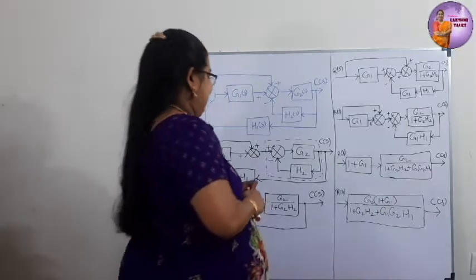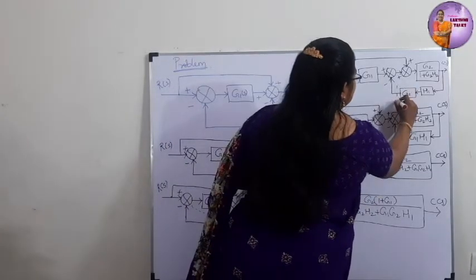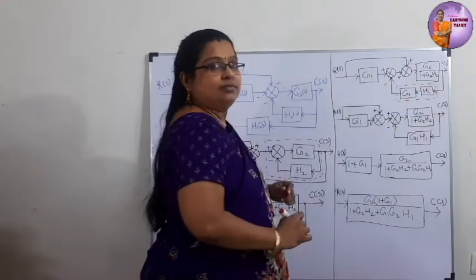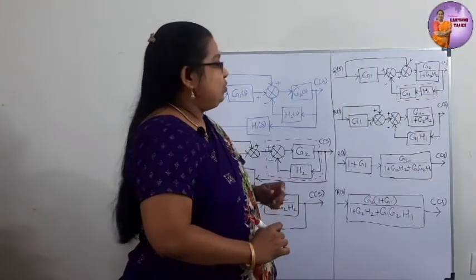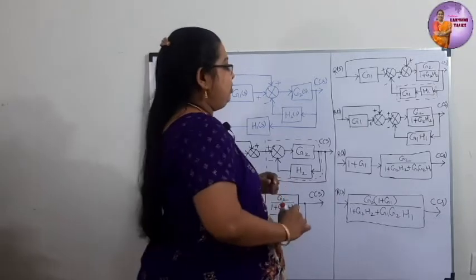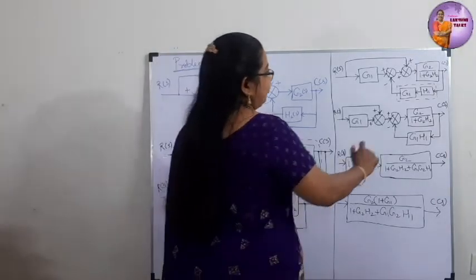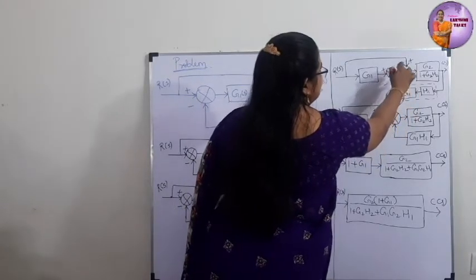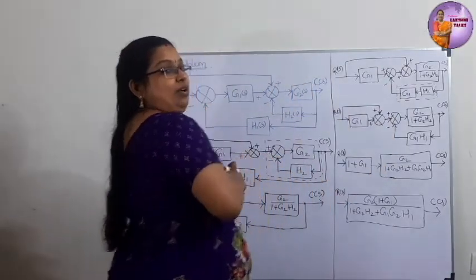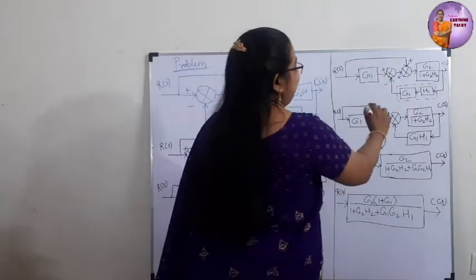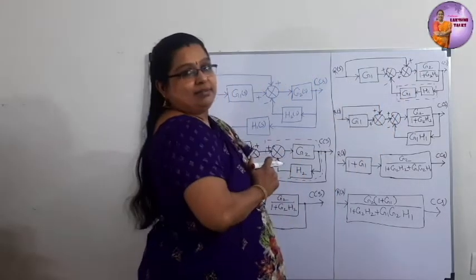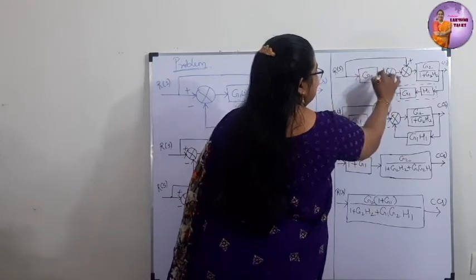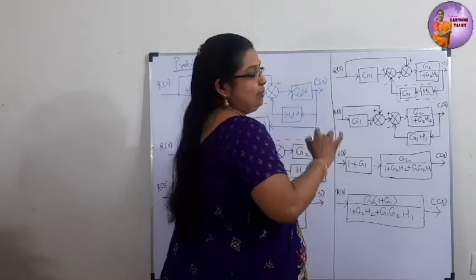Now again, there is no simple feedback, but series is there. These two, G1 and H1, are in series. Are you able to see? One more thing we can do is, if we interchange these 2 summing points, then it will be easier to get a simple feedback and a parallel path. If this summing point comes here, then we will be getting a parallel block. 2 blocks will be in parallel.